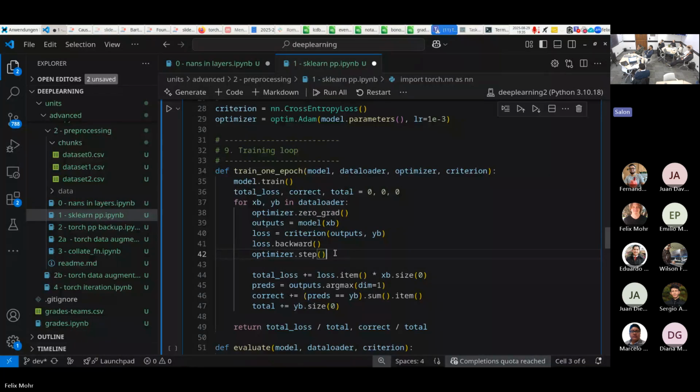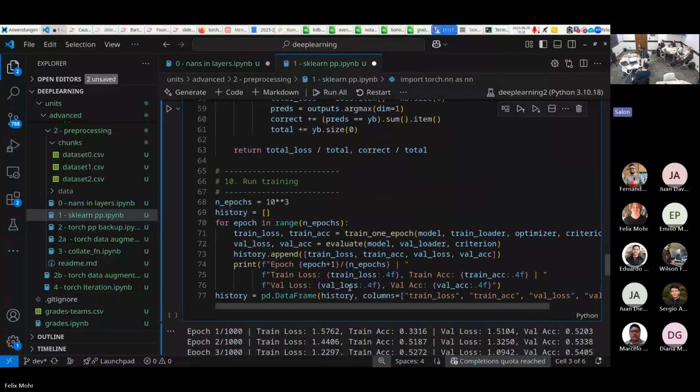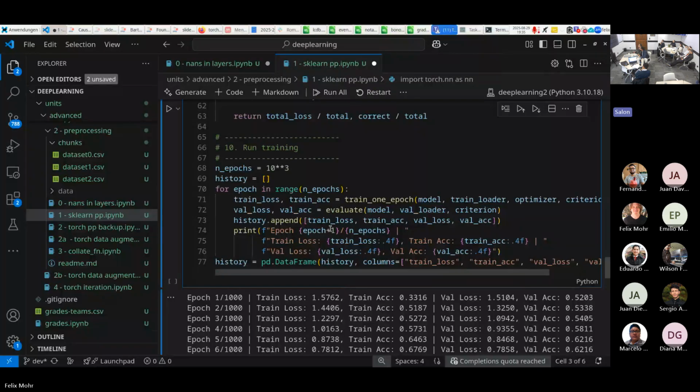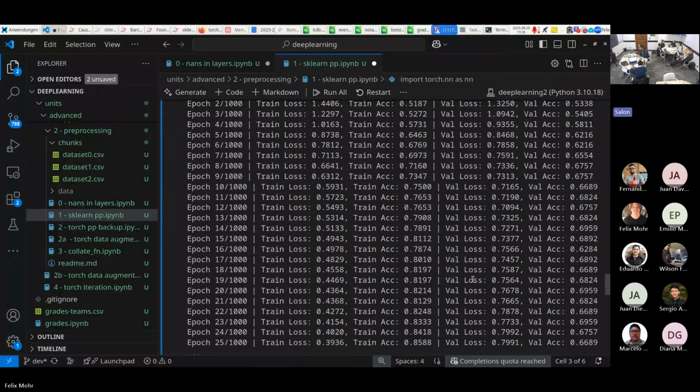This step was also missing in the code, right? Without this, we don't learn anything. We only do a lot of compute, but we don't do anything else. Then we have some computation here. I don't want to go into the depths of this, but in the end, I apply these two. We train something, and we see that the training loss goes down, and the validation loss also goes down. And I also put this into a figure